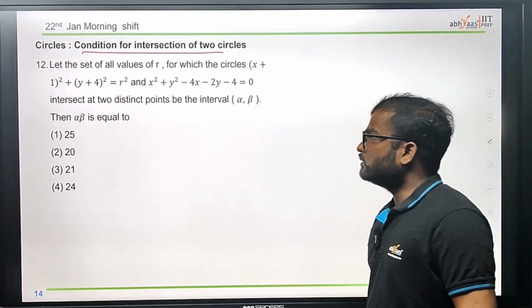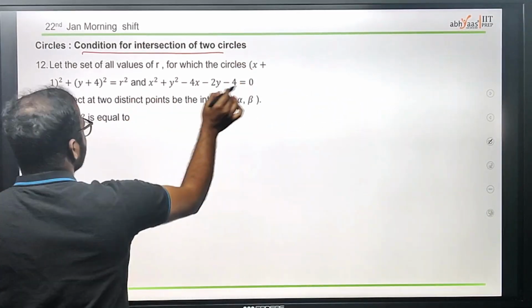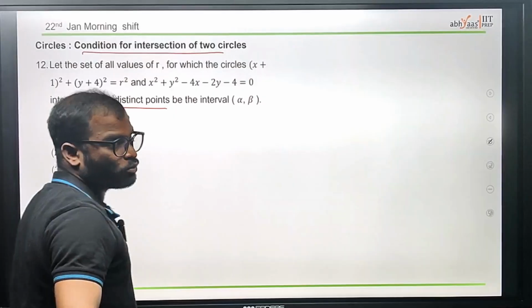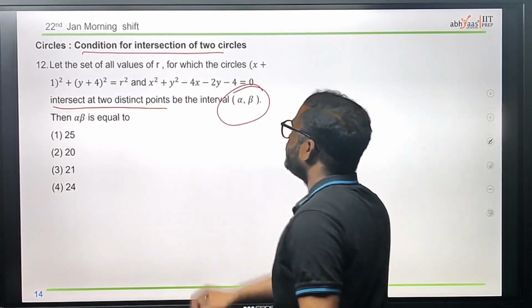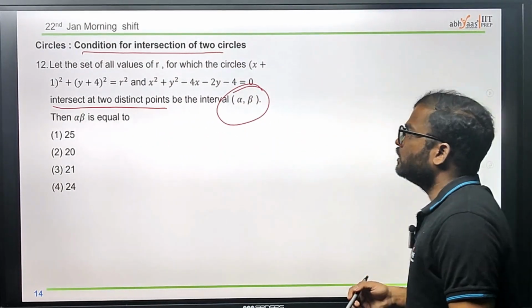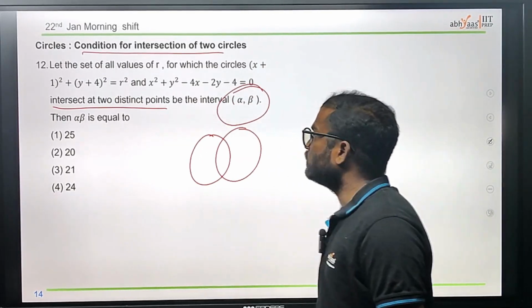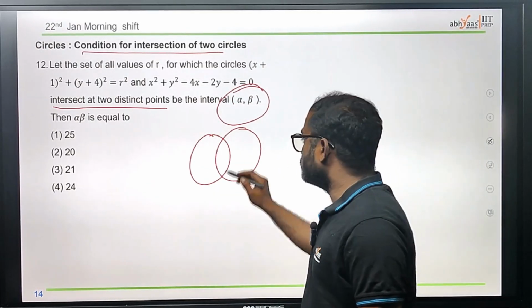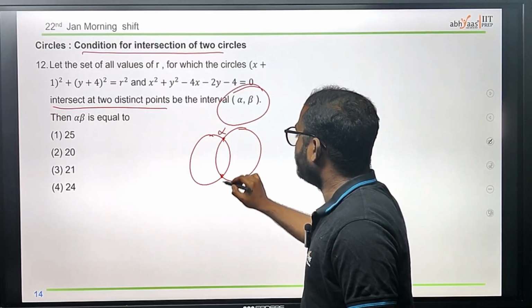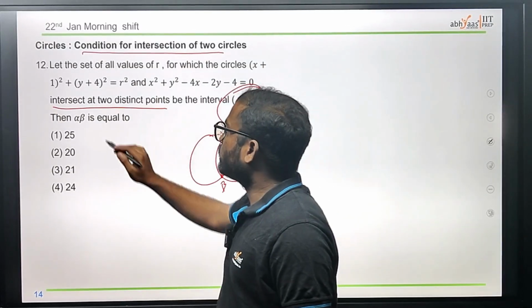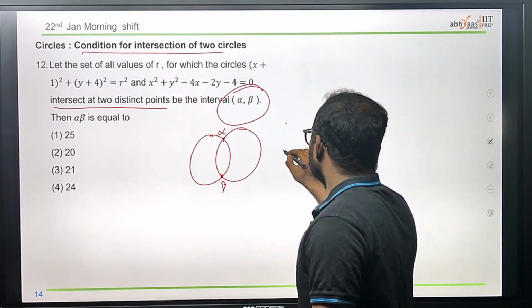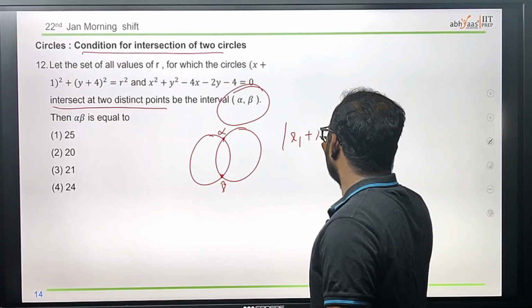Okay, if we observe that they already gave in the question, these two circles intersect at two distinct points in the interval alpha and beta. We need to find that alpha and beta, but in order to do that, we know this one is as this one. They already gave which intersected at two distinct points, like this one and here, alpha and beta. When they give this type of circles, we have mod r1 minus r2,